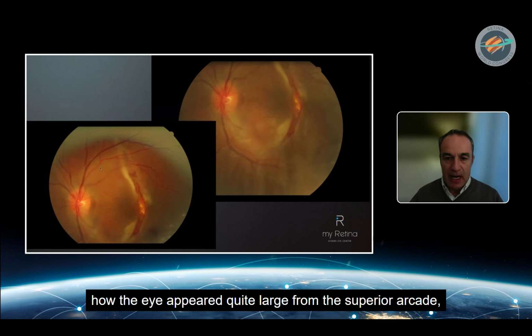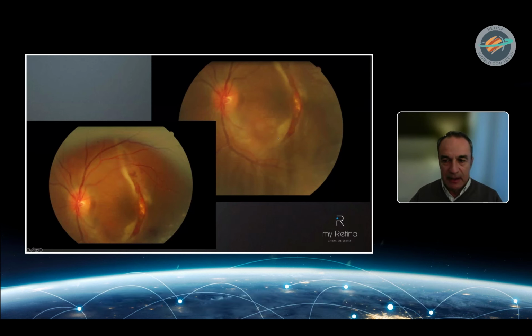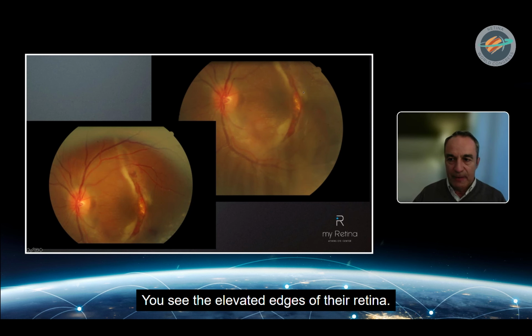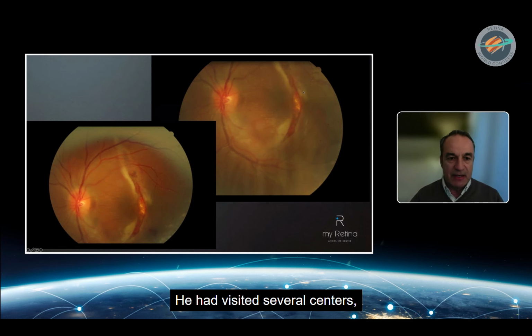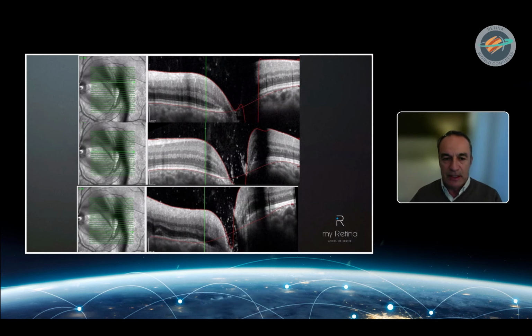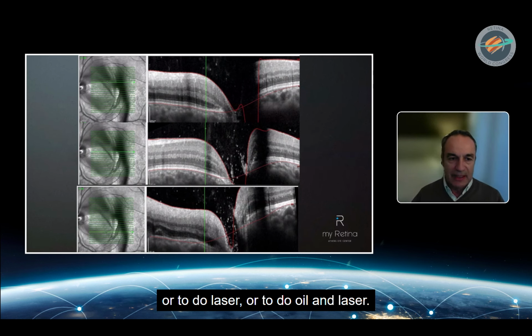This is how the eye appeared, quite large from the superior arcade almost down to the inferior arcade. You see the elevated edges of the retina. He had visited several centers, and all of them either suggested no surgery, or to do laser, or to do